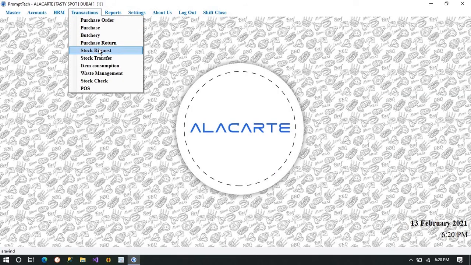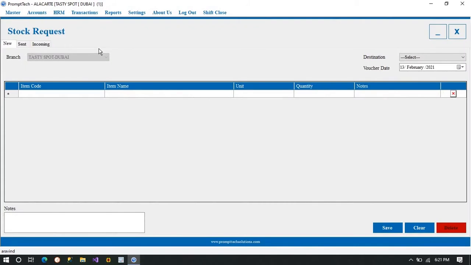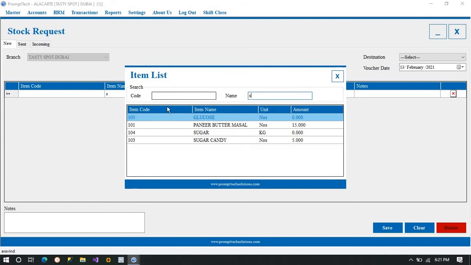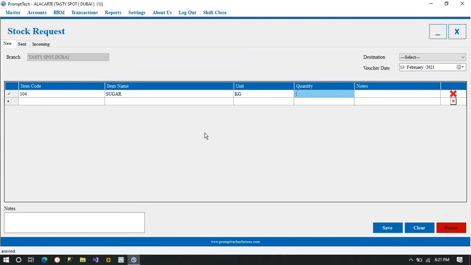Right, next I'll talk about stock request. When the screen appears and I click on item name, automatically the request which I've requested is there. Right here you'll be able to see the new orders, which I've already added before. So these are the things appearing over here, and here I can add the new stock if I want to request it.